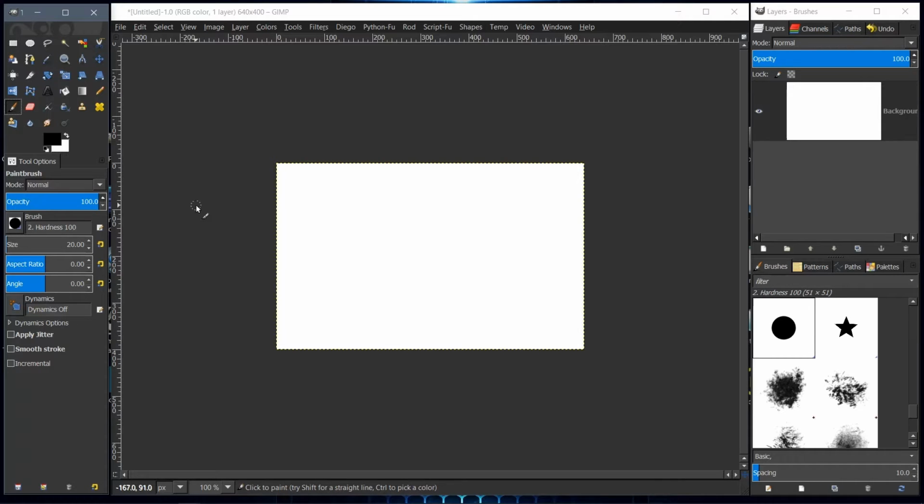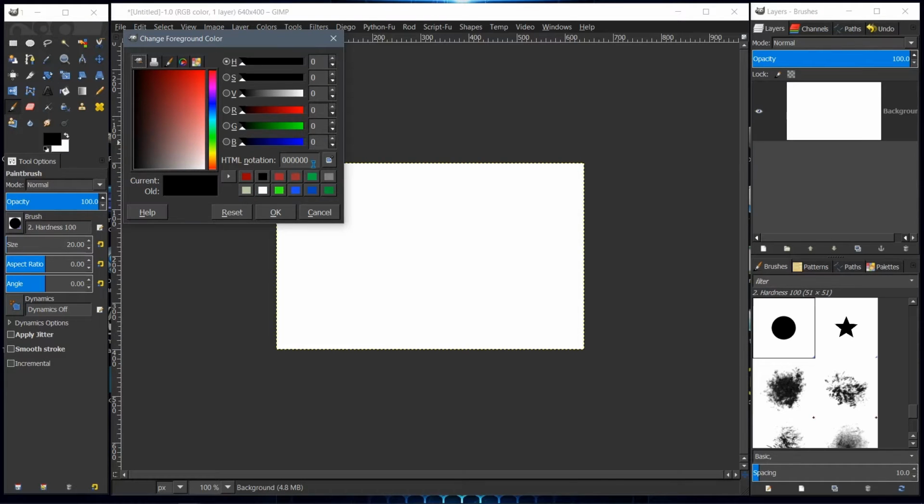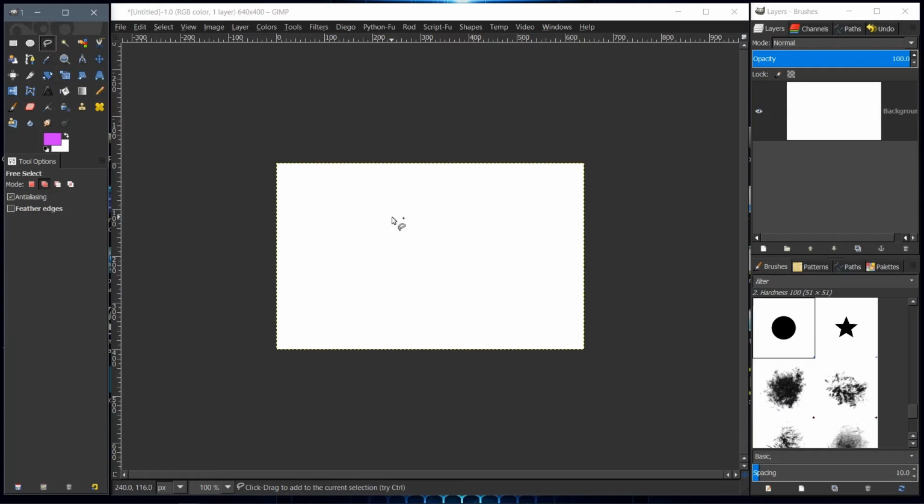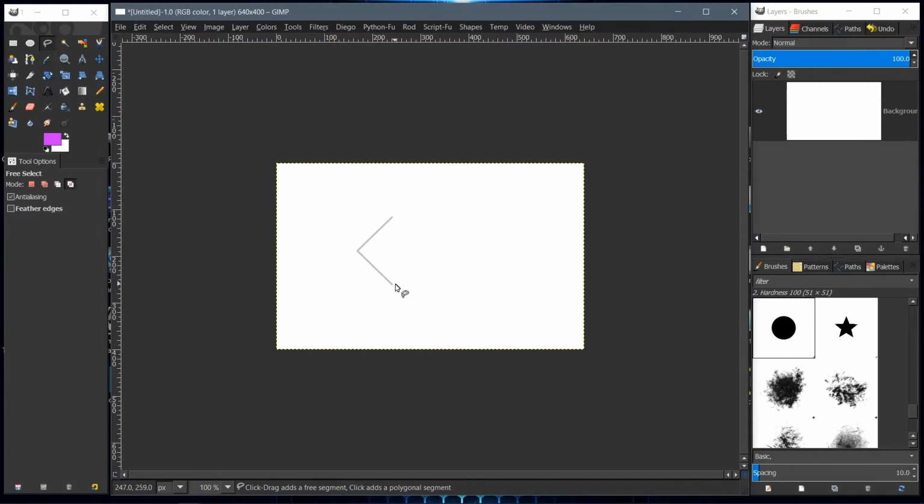This is going to be a Gimp Quick Tip video about the foreground color and background color, changing the colors or adding colors to the canvas without losing your foreground color. Now let's say I chose a foreground color of pink, and I wanted to keep that as the foreground color, but I wanted to add color to the canvas or to a selection. So if I were to come down here and create a selection,